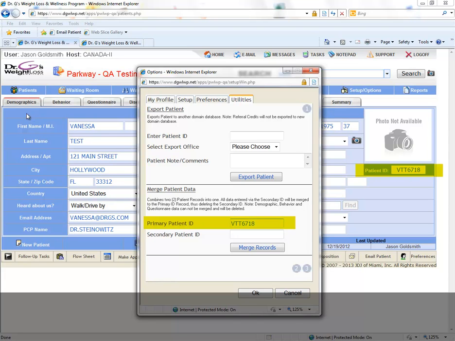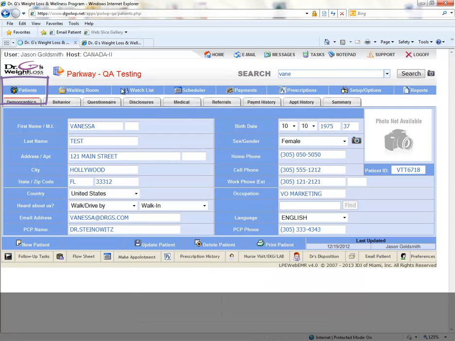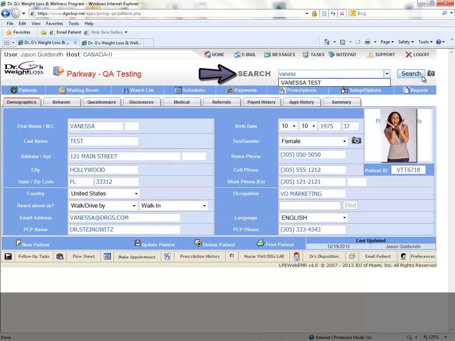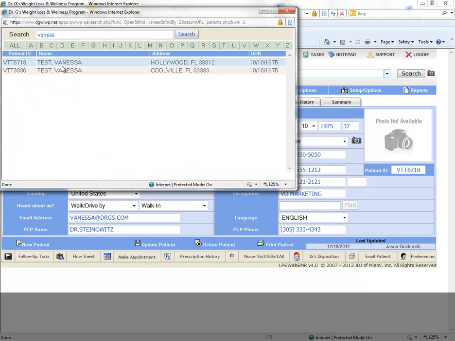And so now what we need to do is we need to find the ID of the second Vanessa Test file. So in order to do that, we're going to click Patients. We're going to find Vanessa in the system. And you'll notice here there's two of them. And so this is the other ID, VTT3936. So we're going to add this into the column,